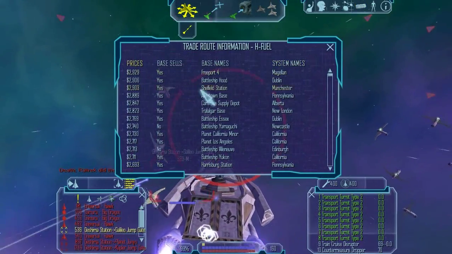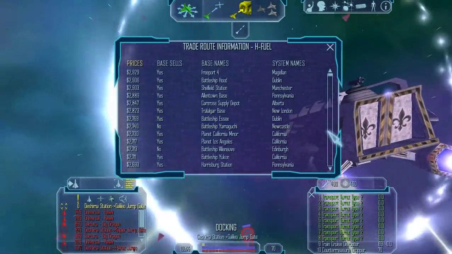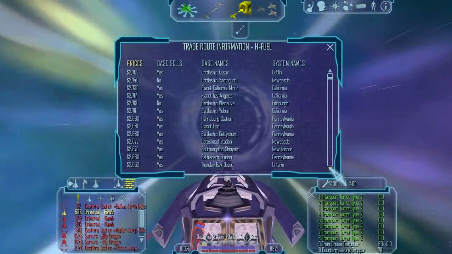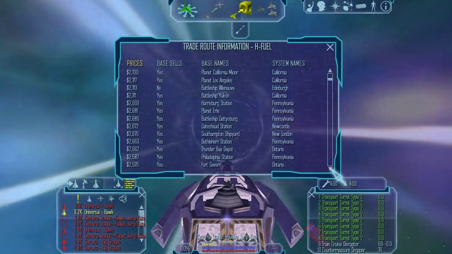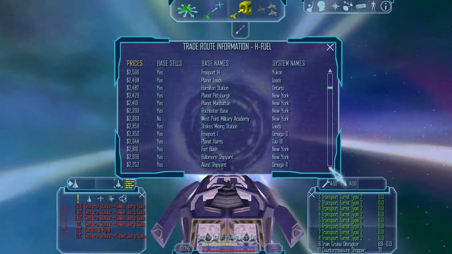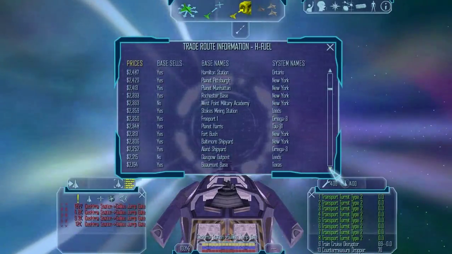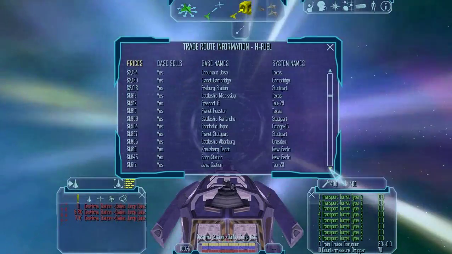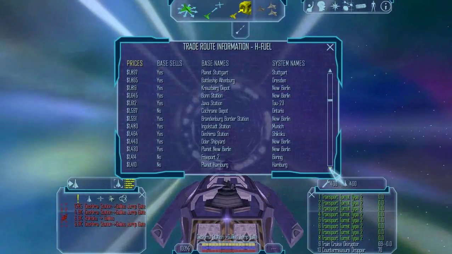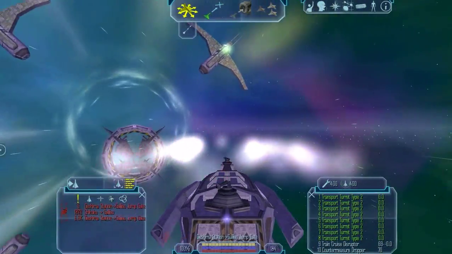So H fuel sells in California, Pennsylvania, Alberta. Let's see where else. New London, Pennsylvania, Leeds, New York. Yeah, I'm going to probably just drop this off in... I could have just dropped it off right here in Deshima. Because I know for a fact...